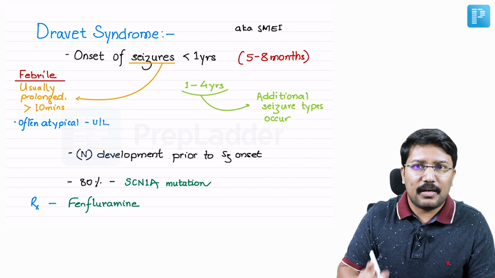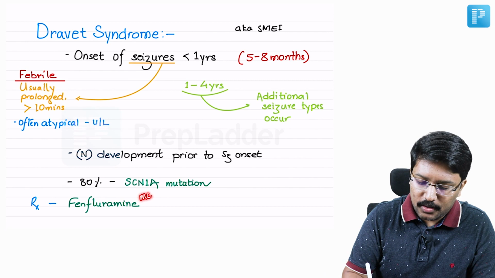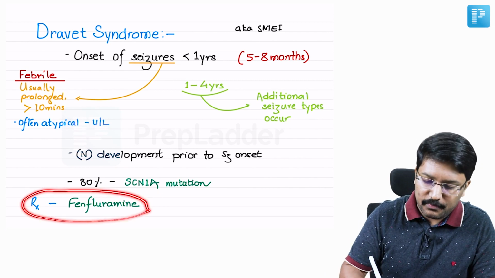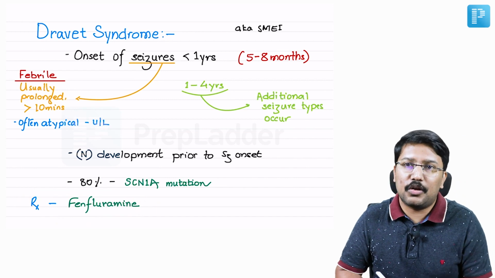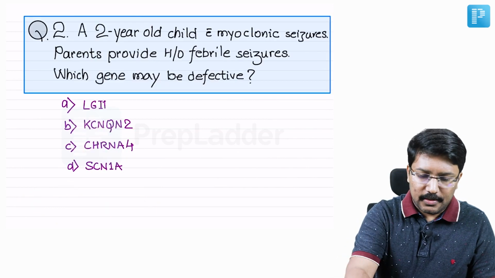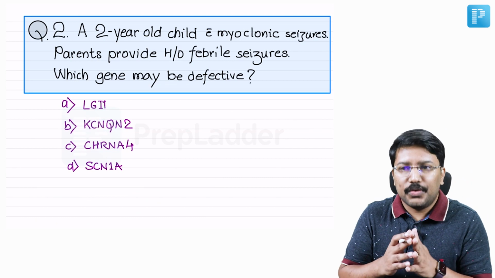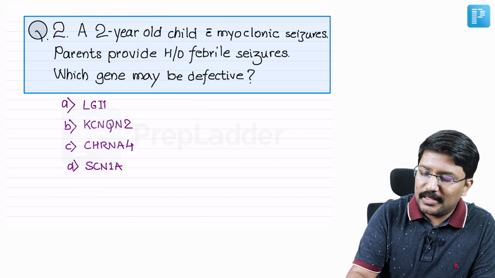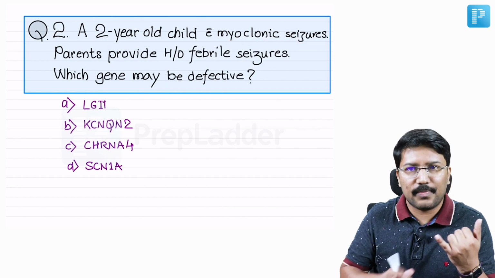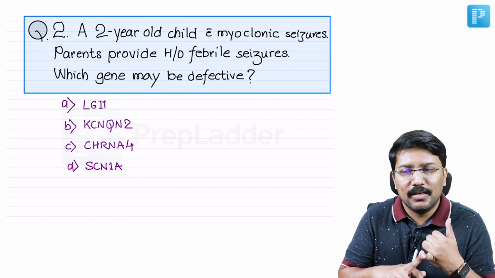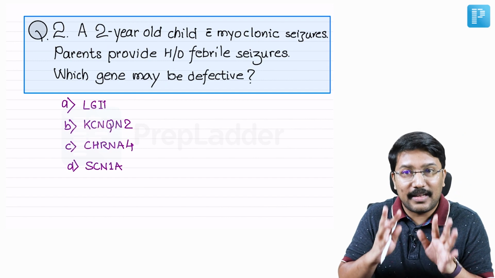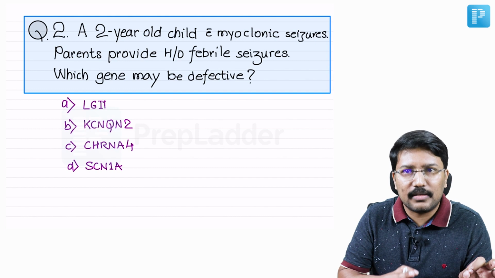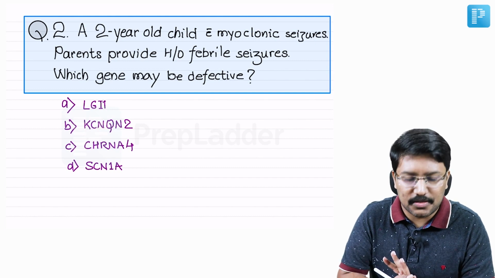Now, when it comes to treatment, I do see this as an important MCQ point. That is why I have listed it up. Fenfluramine is used in the Dravet syndrome patients for preventive purpose, right? Okay. Now, let us go to the next question. A 2-year-old child, same like in the previous question, we have a 2-year-old child who presented with myoclonic seizures. Okay. Presentation is with myoclonic seizures. Right now, at least I could think of Lennox-Gastaut as not the important cause, because we have already discussed myoclonic seizures are relatively rare in case of LGS, right?